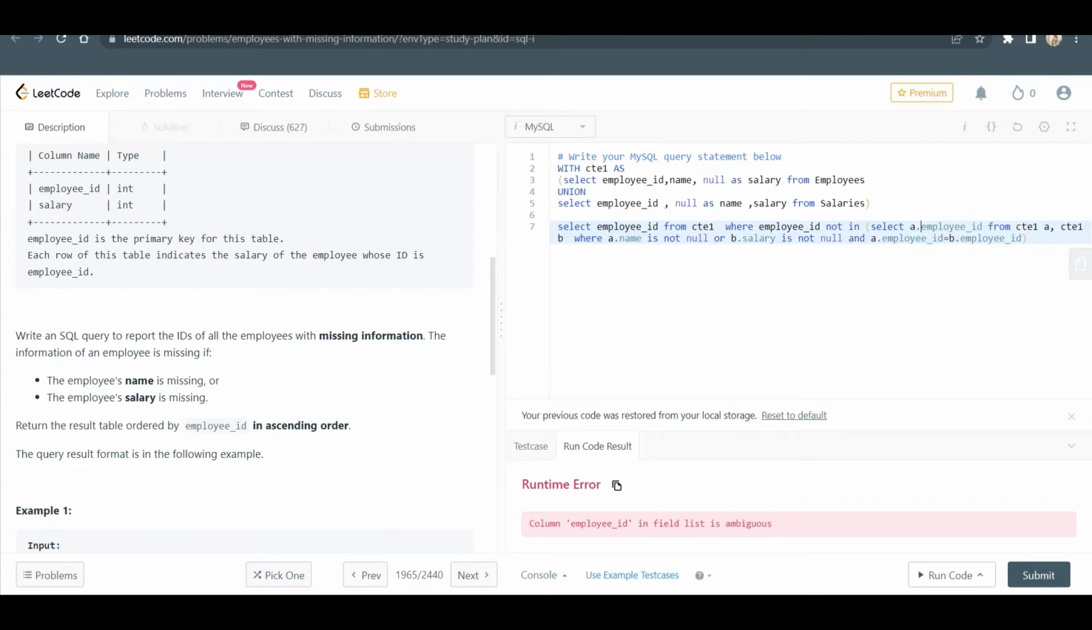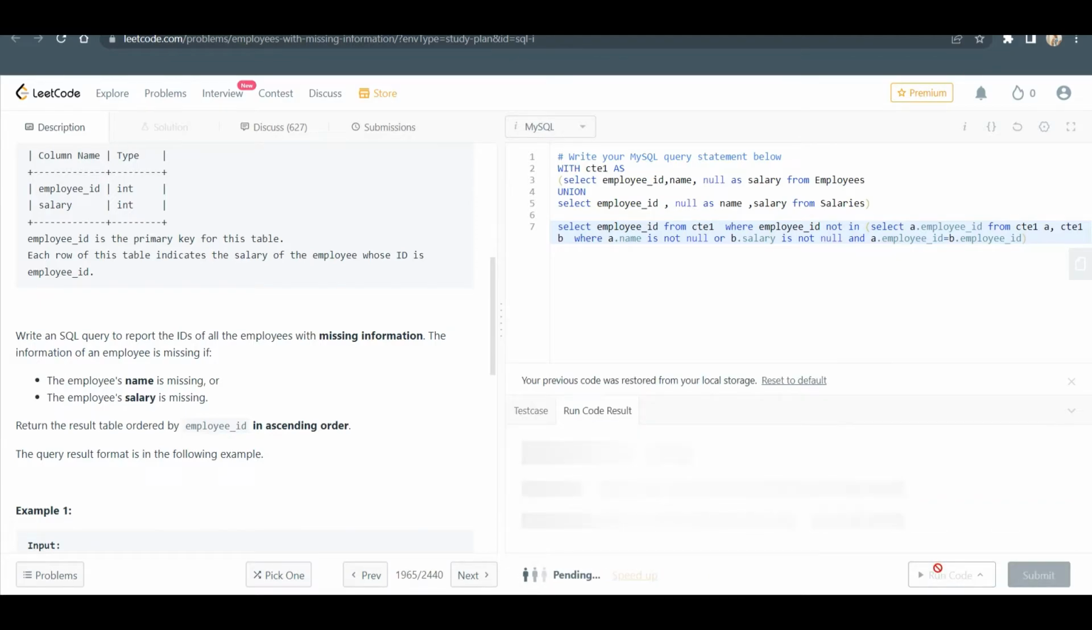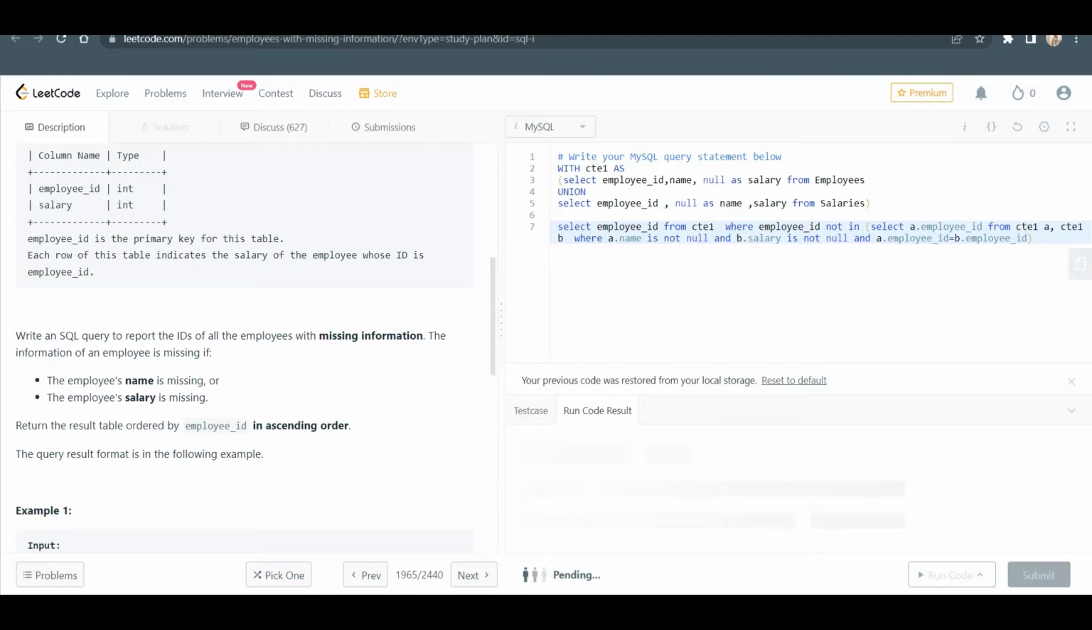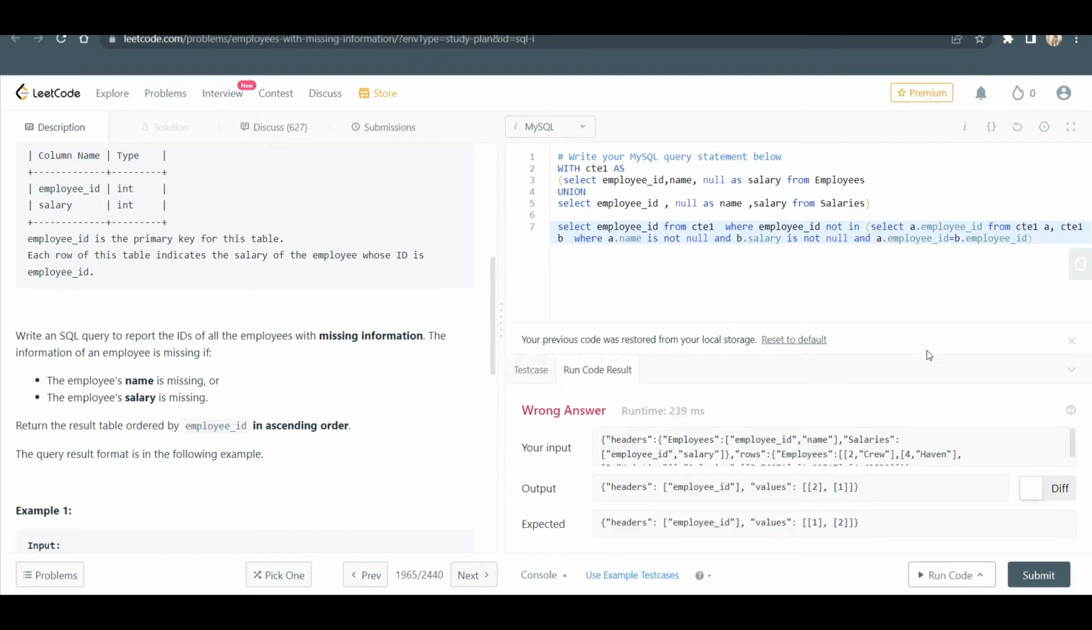Okay, employee id we will write here with alias a.employee_id. So we will check with the and condition, because we have put a.employee_id is equal to b.employee_id. So the values and the column name is right but the order is wrong, so we will put here